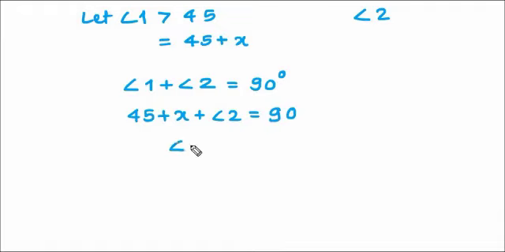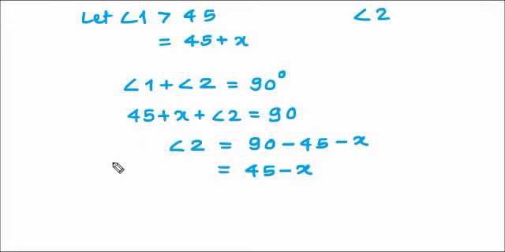Now we'll keep angle 2 on this side and take the remaining all to the other side. So that will become 90 minus 45 minus x. And that is going to be 45 minus x. So angle 2 is equal to 45 minus x. So it is less than 45 because we have to subtract a certain number to get that angle. And therefore,